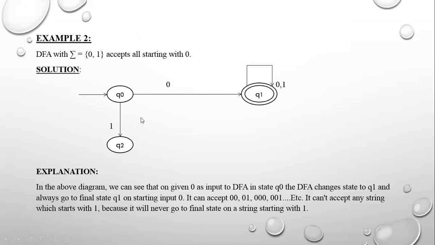This machine should accept only strings whose starting alphabet is 0, and the rest of the alphabets can be anything, either zeros or ones. That type of string should be accepted by this machine. So this is the explanation about this machine, the deterministic finite automata. The major important thing is that in deterministic finite automata, delta reaches from one particular state to one particular state.